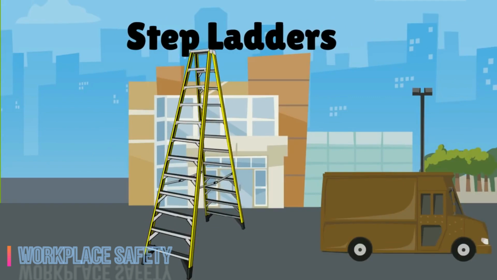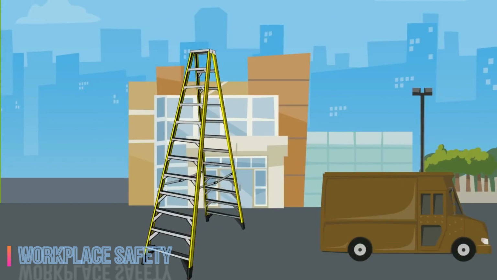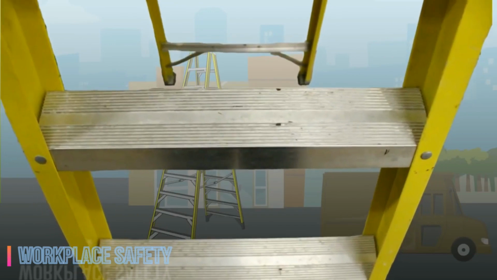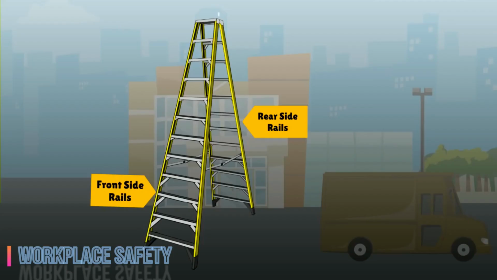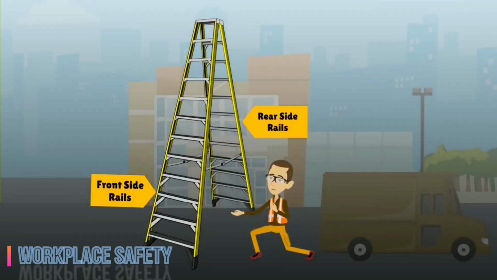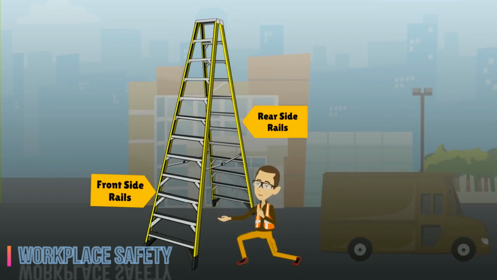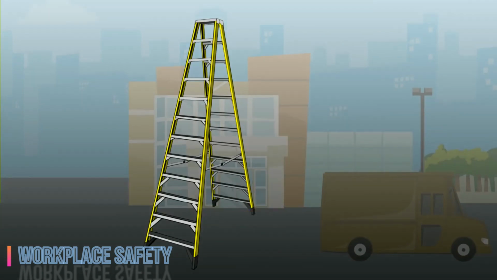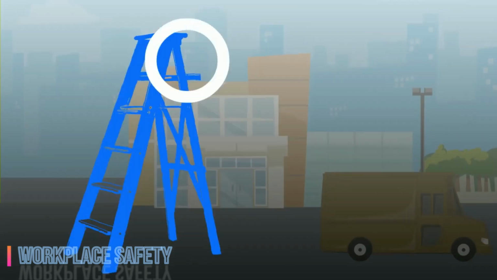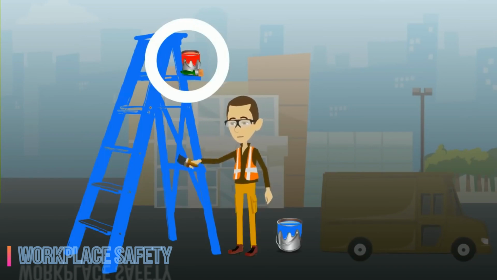Stepladders. A stepladder is constructed with wide, flat steps and two pairs of rails connected by a hinge at the top and that opens at the bottom so it can be freestanding without being attached to or supported by something else. Lock spreaders secure the two pairs of legs. Ladders also include a shelf which can support paint cans or other objects while working.